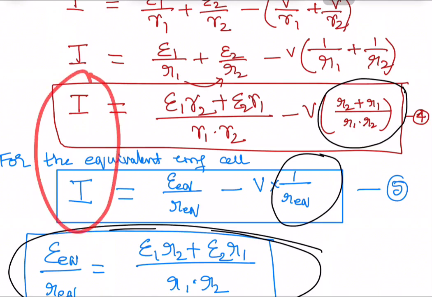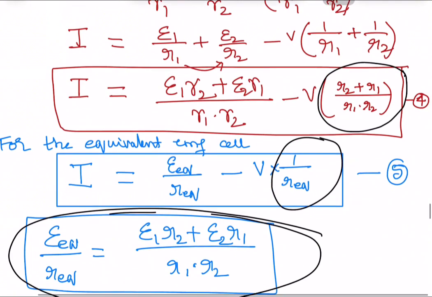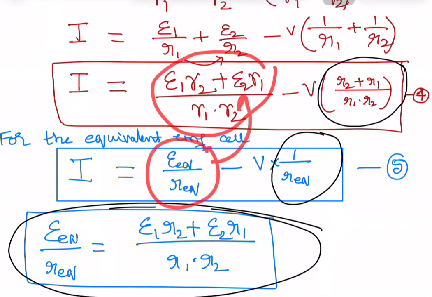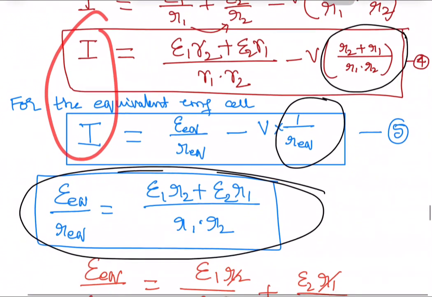Both equations have I on the left hand side, and both have the variable V. Hence equation 4 and equation 5 are called equivalent equations, and this is possible only when the different terms are equal. For example, these two terms must be equal, and the coefficients of V must be equal. So, as the left hand side of equations 4 and 5 is equal, by comparison